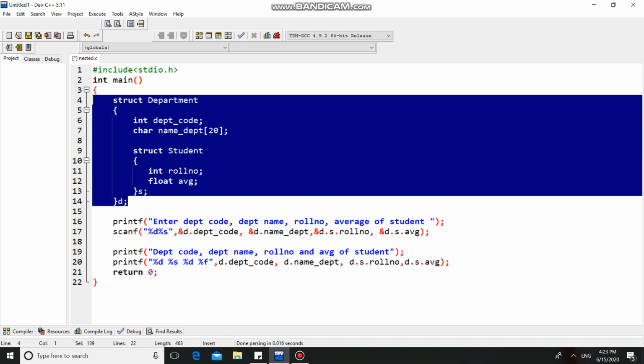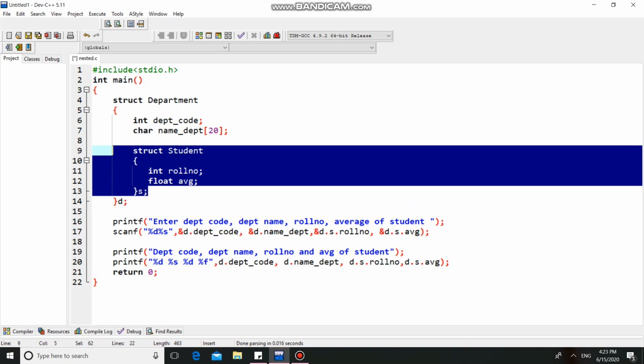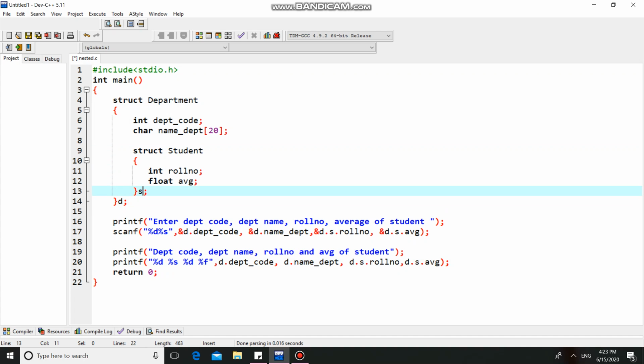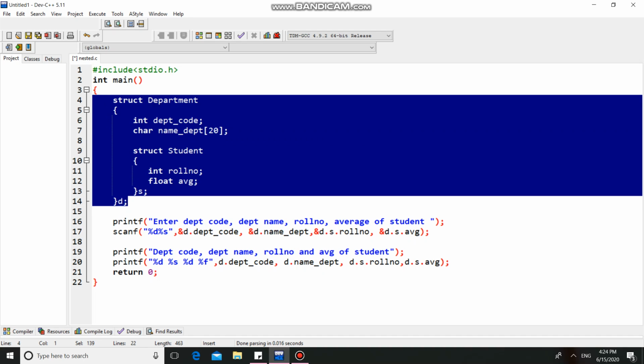So this is the declaration of nested structure. Here the outer structure is department and the inner structure is student, so one structure is present inside another. See how we have declared the structure variables; this is one of the methods. The variable s is for the student structure, and d is for the department structure.